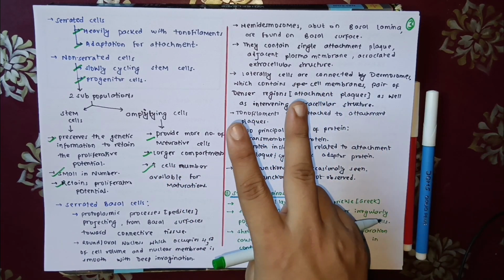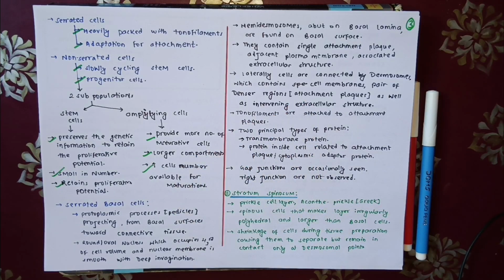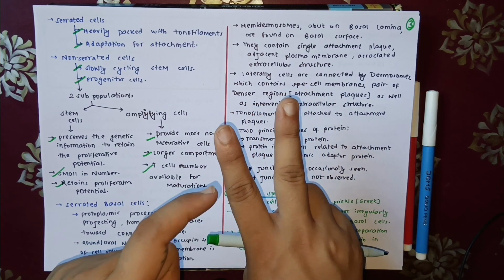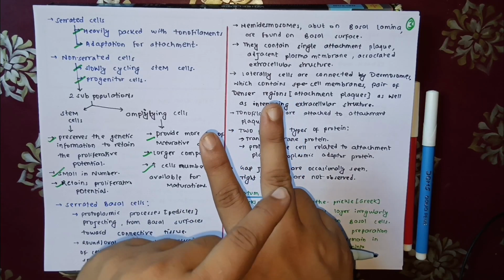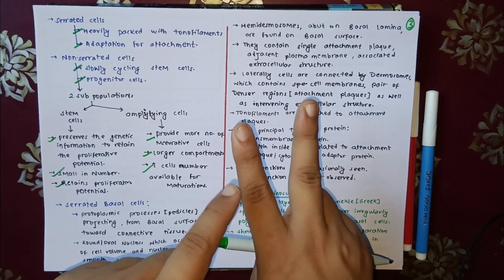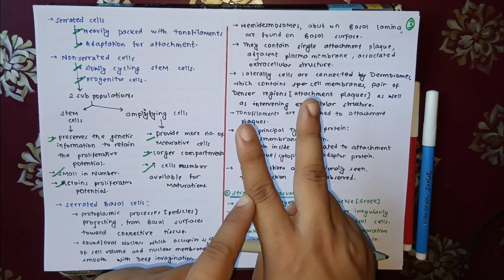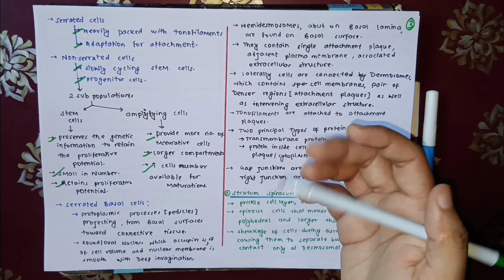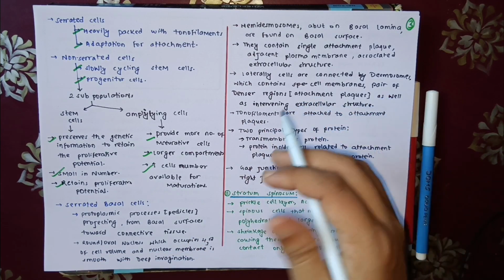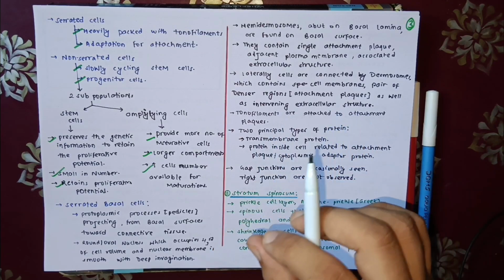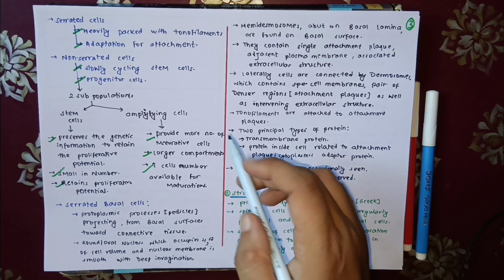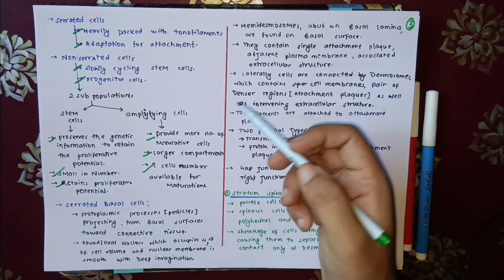Okay, so in this stratum basale cell layer, we have two different kinds of cells. One is a serrated cell and another is a non-serrated cell. The serrated cell is mainly present in the stratum basale for attachment. You need the attachment with the basement membrane for stabilizing the epithelium. So serrated cells are particularly present for the attachment, and